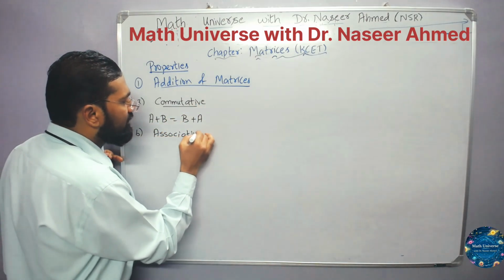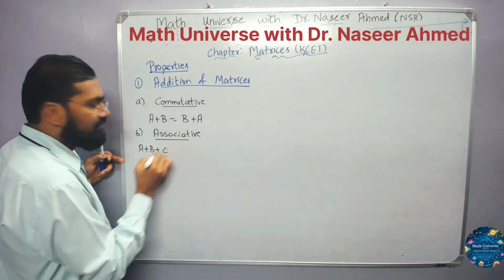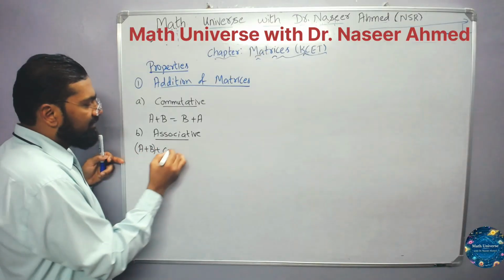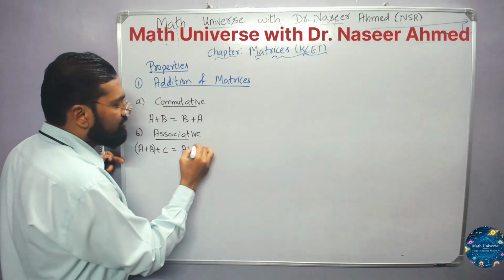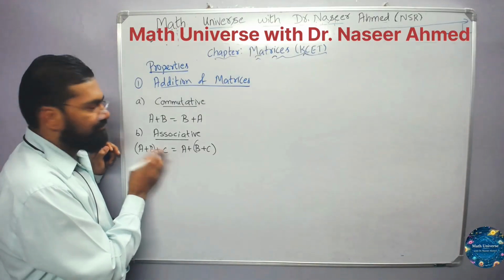Associative property. If I have three matrices, A plus B plus C, either I can add A plus B first, or I can add B plus C and then add with A. Similarly, after adding A plus B, you can add with C. Next,